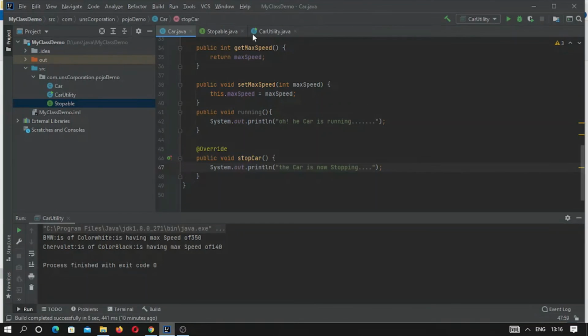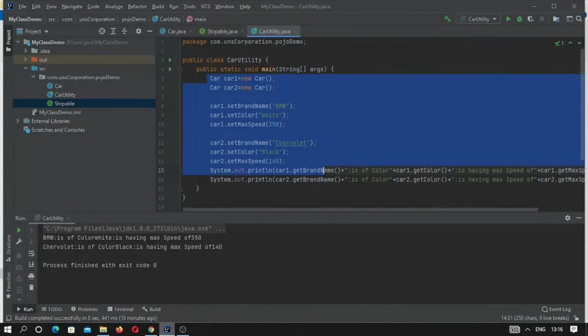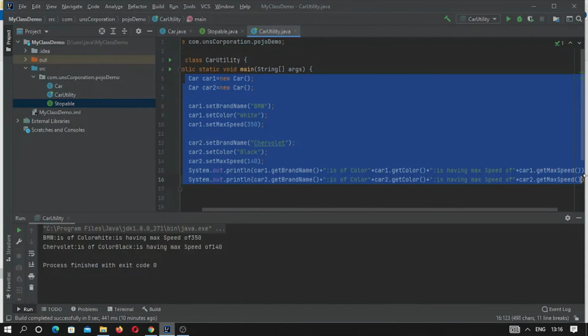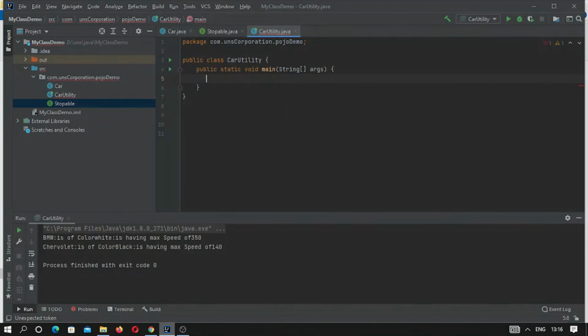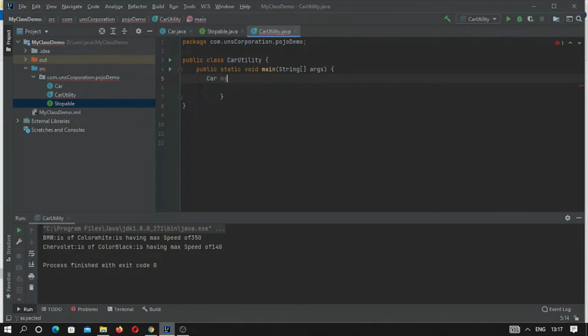Now in this car utility class, let me delete all this POJO class example, and suppose we are instantiating Car myCar = new Car. We haven't created any constructor, so it is taking the default constructor.